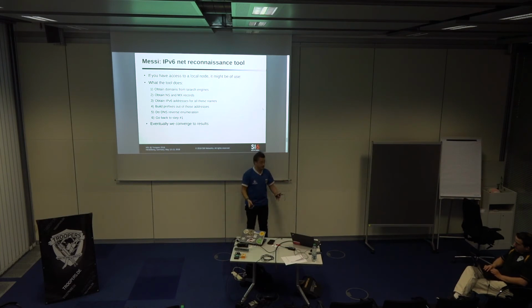Same thing with the prefixes, okay? You might be getting prefixes that correspond to completely different sites. So the tool lets you very easily specify two things. Domain names and prefixes, and the tool limits the results to those prefixes and domain names. So whatever it finds, even if it finds domain names that don't correspond to what you're interested in, same thing with IPv6 addresses, they are discarded, okay?